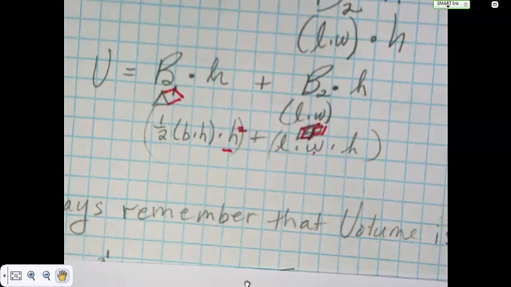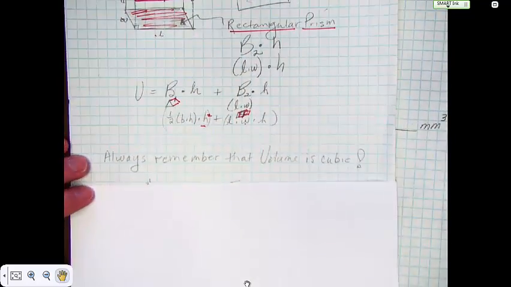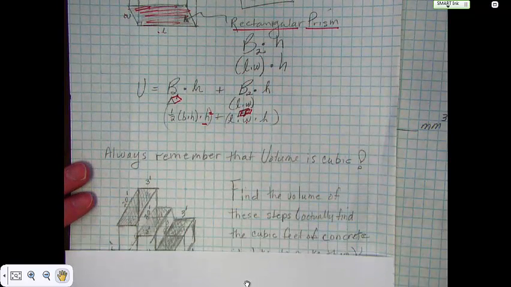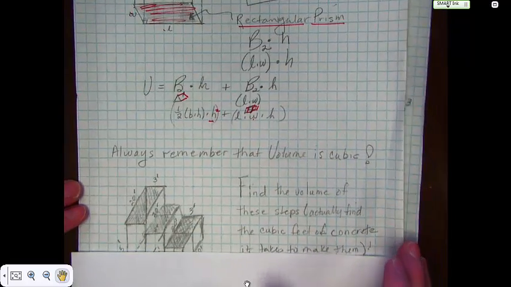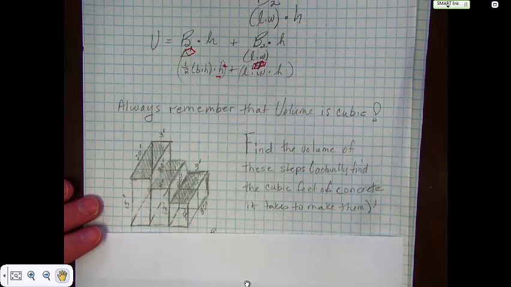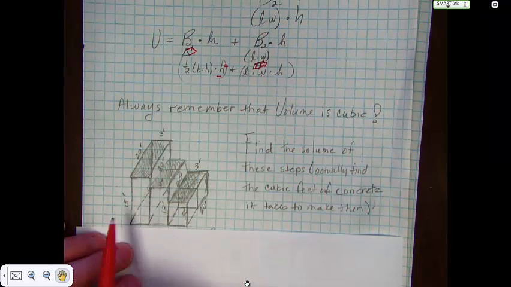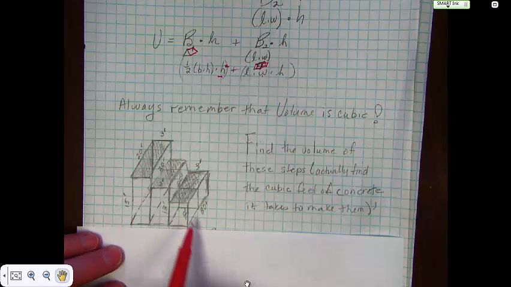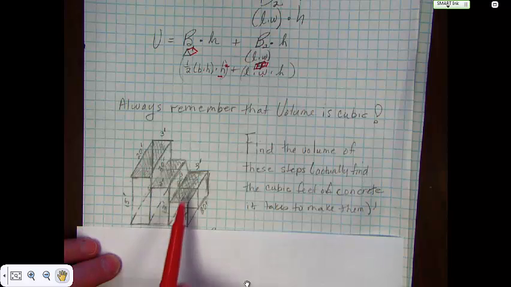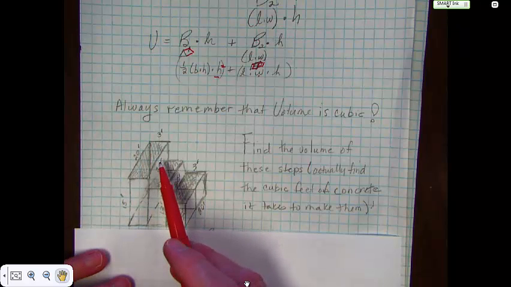Now, always remember that volume is cubic. So if you're finding the volume of steps, let's say you're going to pour steps for your house and they're out of concrete, you'll have to draw yourself a plan. How are these steps going to be put together? It's all going to be solid concrete, and if so, you would have to find the volume of each of these separate pieces. So assuming that the top and the bottom are the same, which we would,